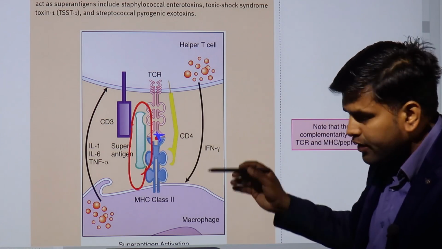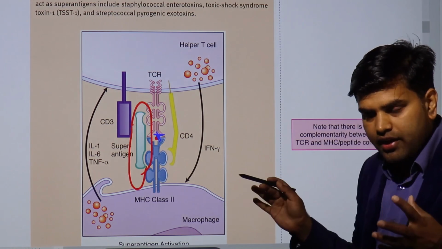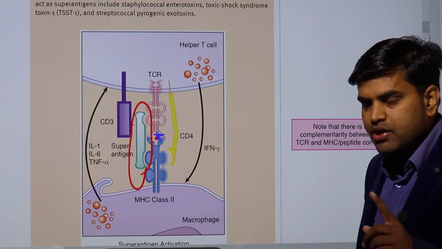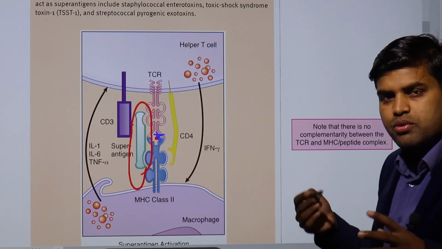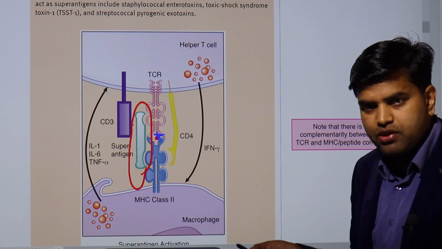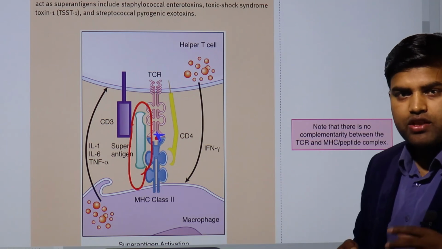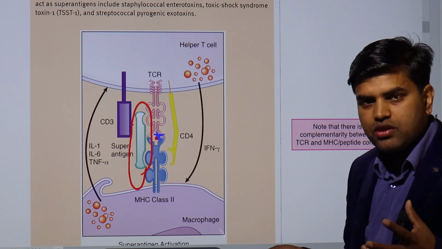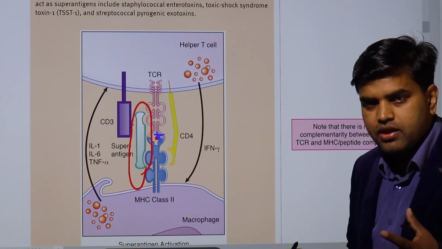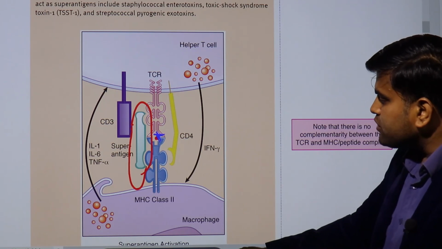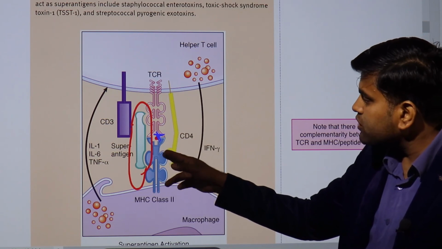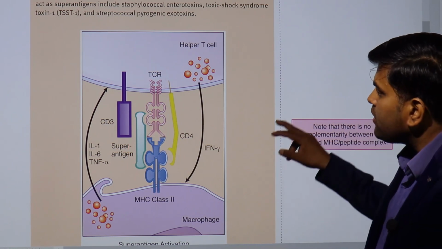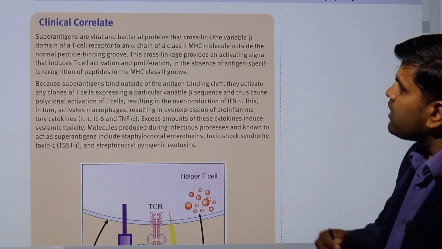This will stimulate the T cell more and more and more. Normally 1% of T cells are activated, but by this process there will be activation of more than 20% of T cells, which is called a superantigen. That is 20 times more activation of your immune system, and that will lead to devastating complications. So if the antigen is not binding into the groove but on the side of the groove, that will actually lead to more activation. Superantigens are viral and bacterial